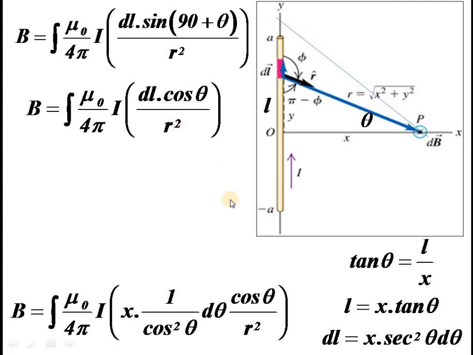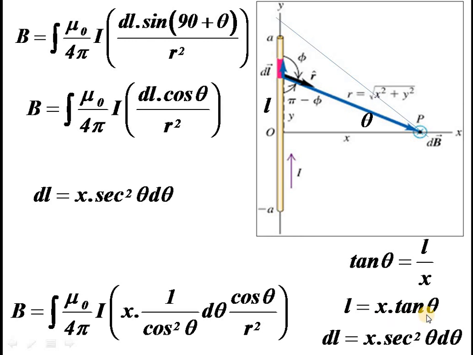Okay, and now comes the figure again. We have here this dl. If you want to integrate this function, you have to rearrange the dl in some way. So what we can do is come to the figure again. If you take tan theta, what we get is L by x. L is the distance to the current element from the origin, and this is x already. So tan theta is equal to L by x. So L is equal to x tan theta. Now you can have a differential here.